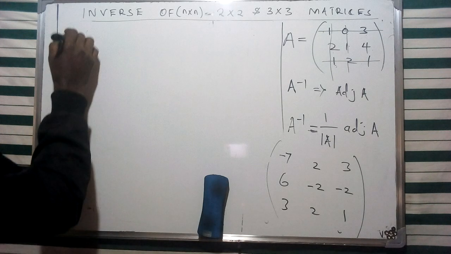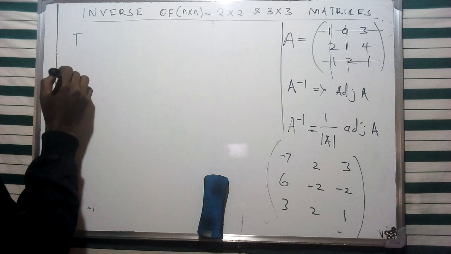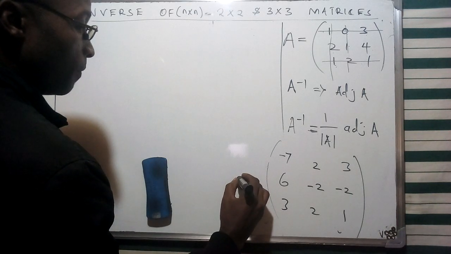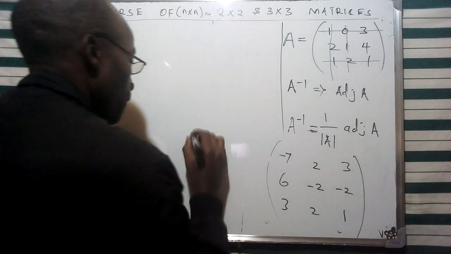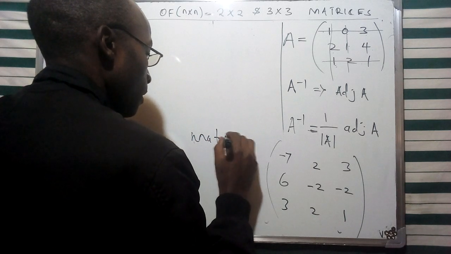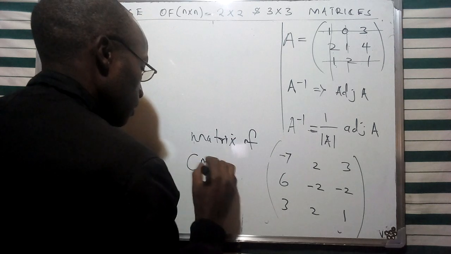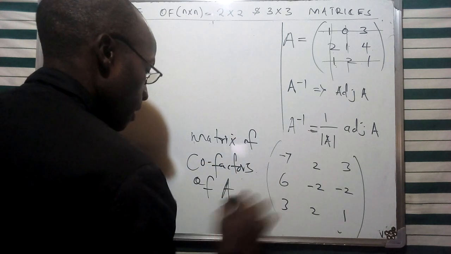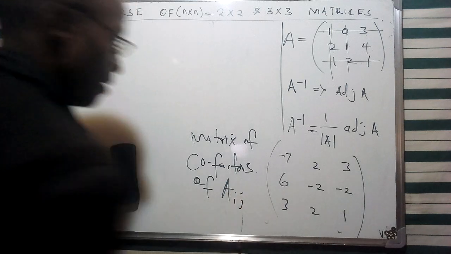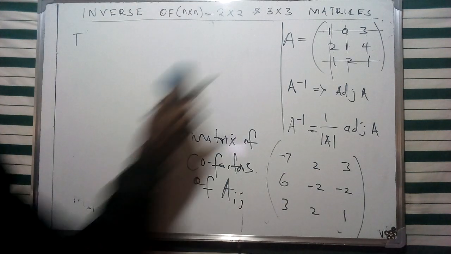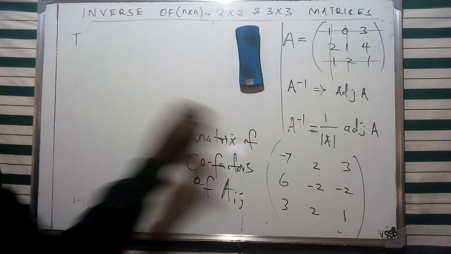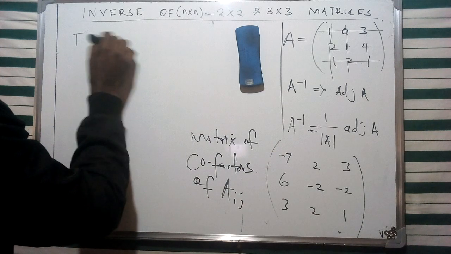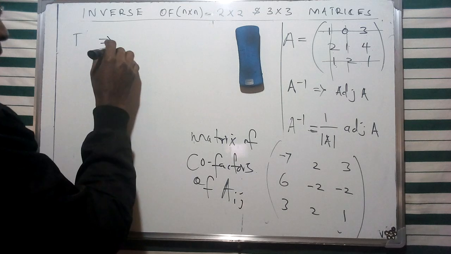So for us to find the transpose of this, or let me call this one perhaps, this is the matrix of cofactors over A, and we are given this one as J elements given in that specific order. So we're going to find the transpose of this matrix by converting the column into a row in that particular case, which is going to give us